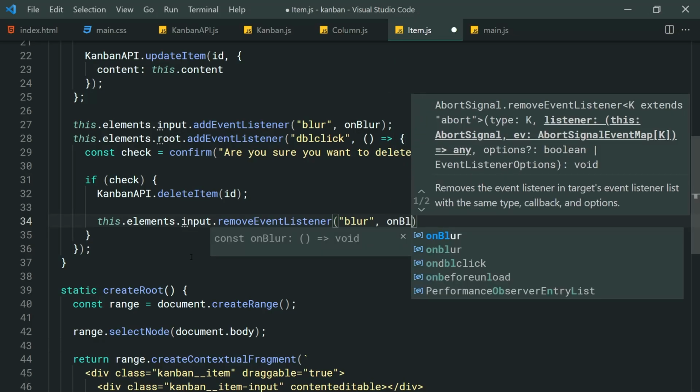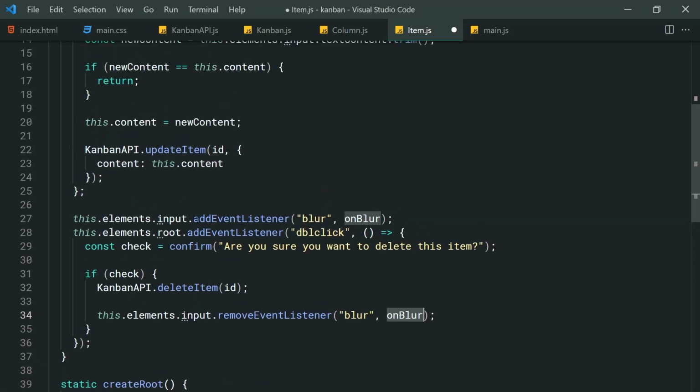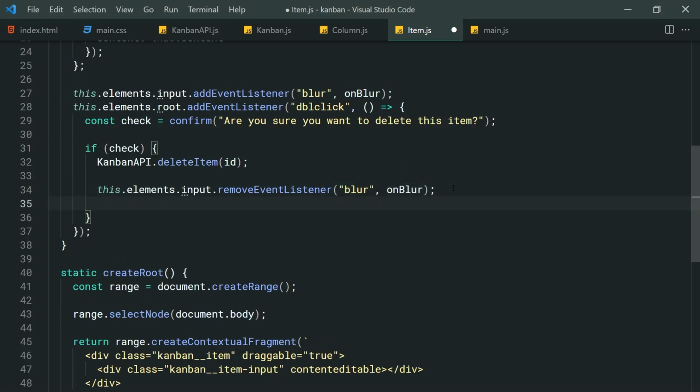And we can just say on blur, because that is how you identify an event listener. To remove it, you just pass in the type and then the function which gets called. Of course, this matches up with the add event listener right up here, so that's going to work perfectly fine. So next step, we'll just say